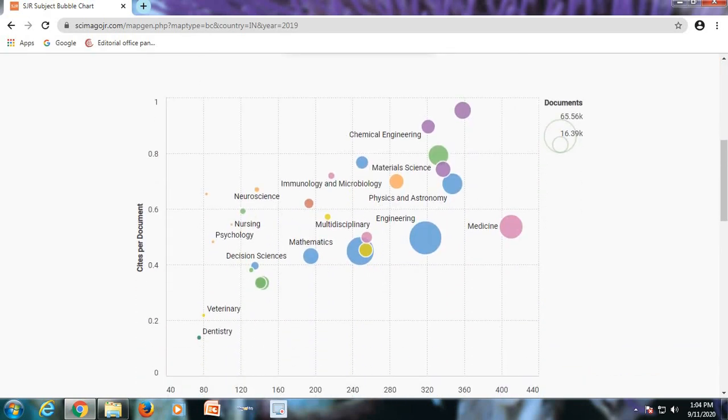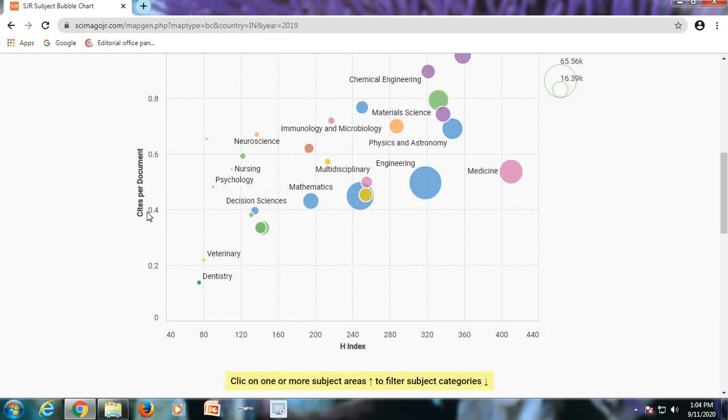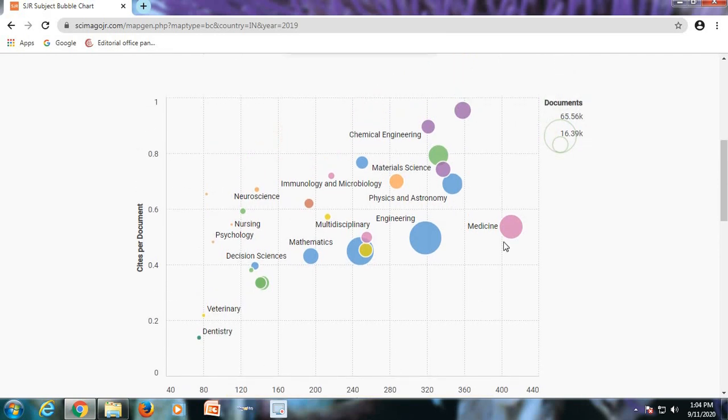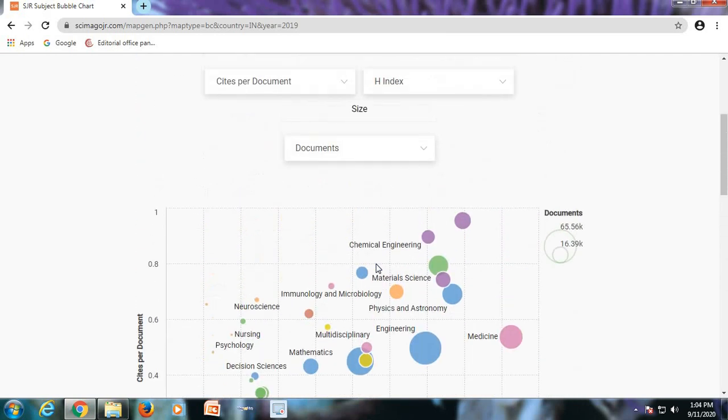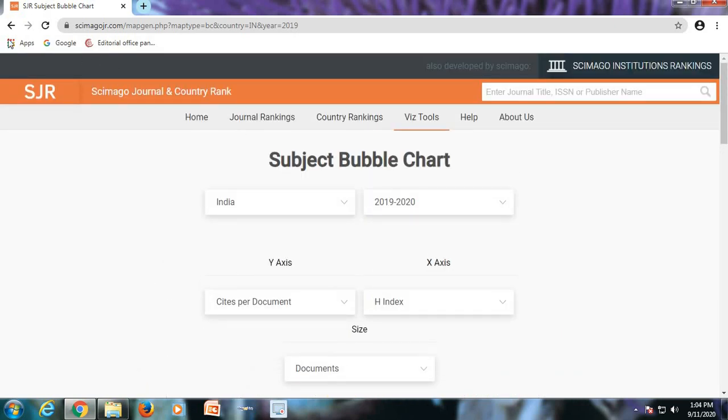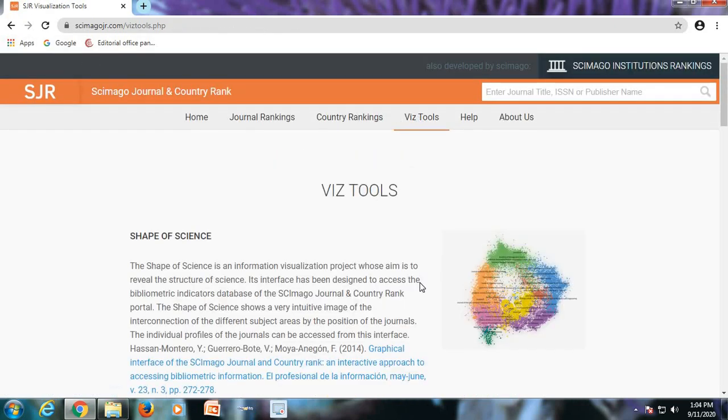Here you can see the subject bubble charts. So you can see the graphical presentation of the H-index compared with the cites per document, subject wise. So this is what you can see in the subject bubble chart. And next we go to the